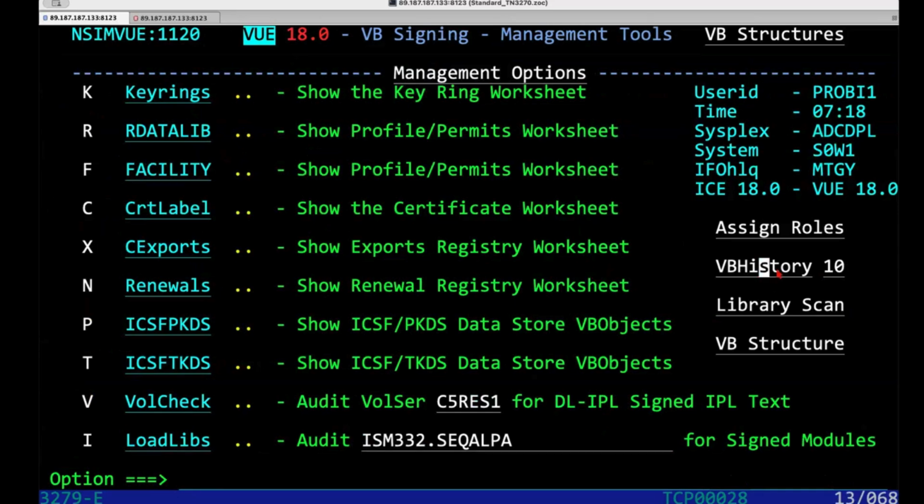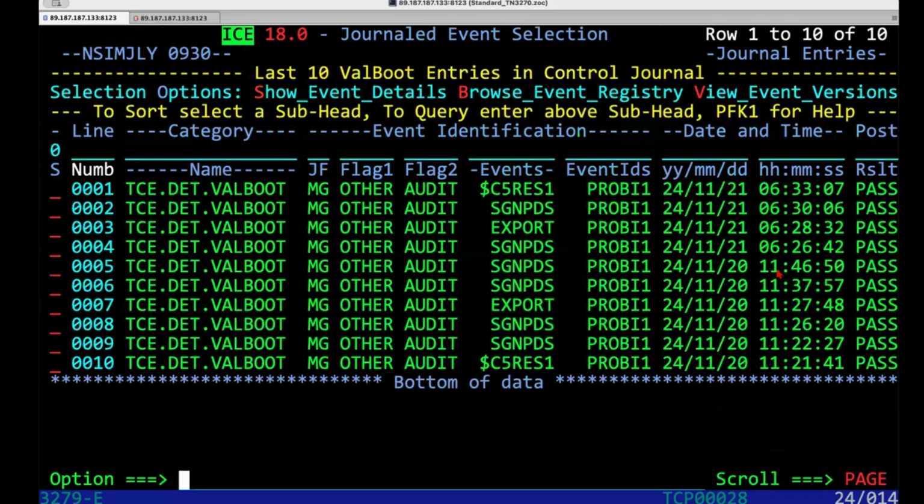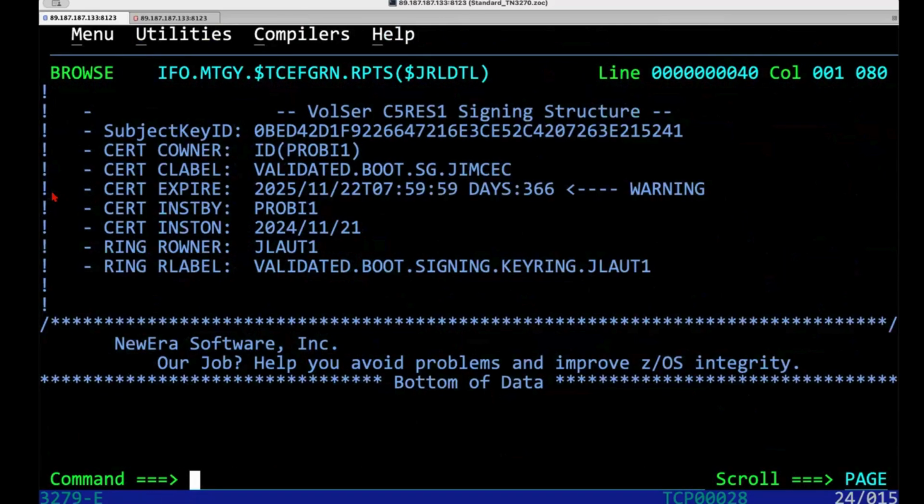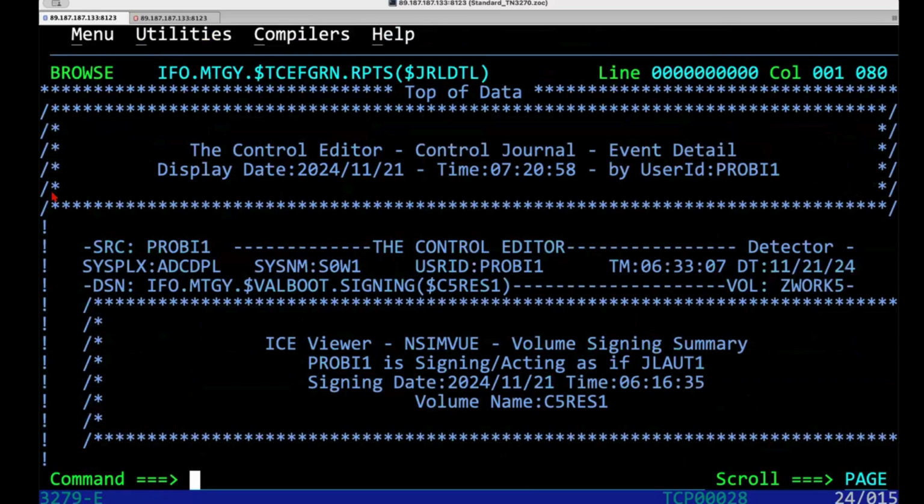There is a history that's being maintained of all the interactions that are occurring that are being maintained in the ICE control journals that are supported by the control editor. And you can see some of the entries that I made earlier this morning as I was attempting to make sure that everything was working as I expected. As we post those things, all the details associated with those postings are incorporated into the control journal and they become an inviolate record of the activities of signing both volumes and